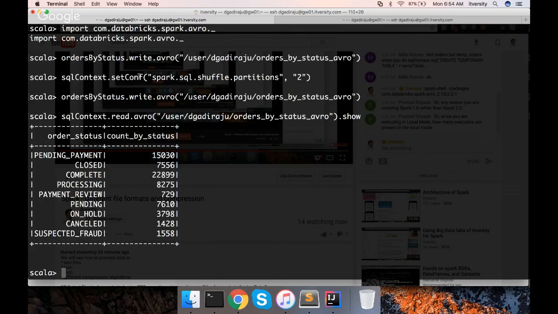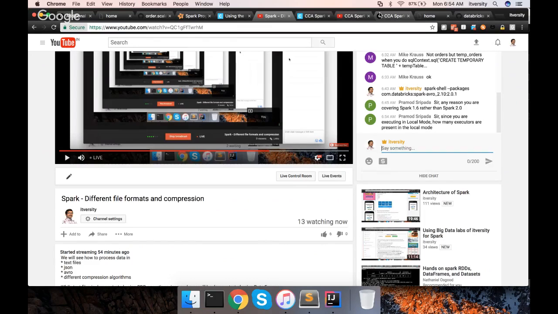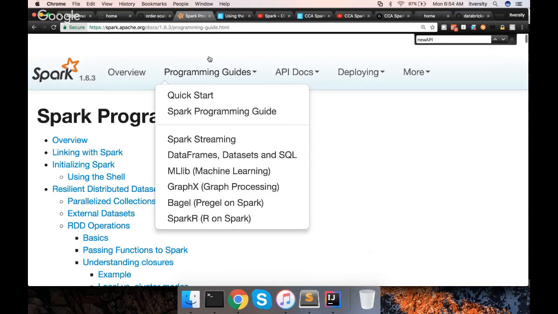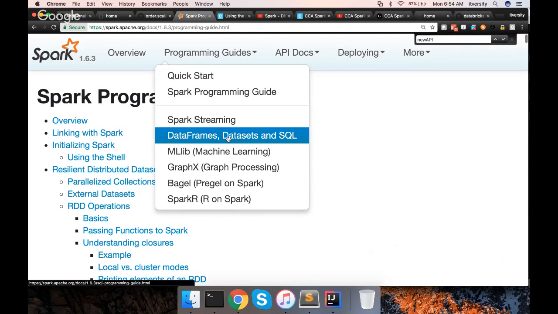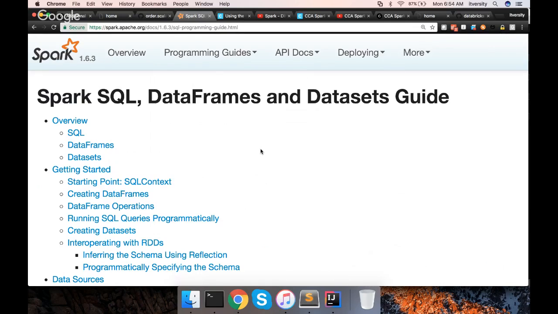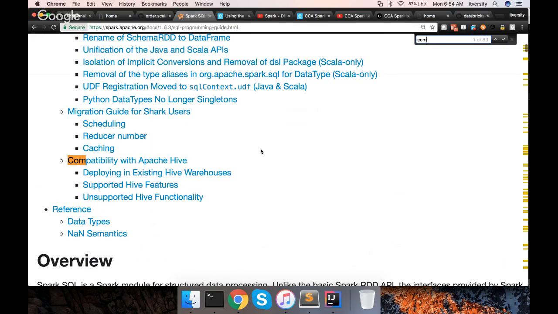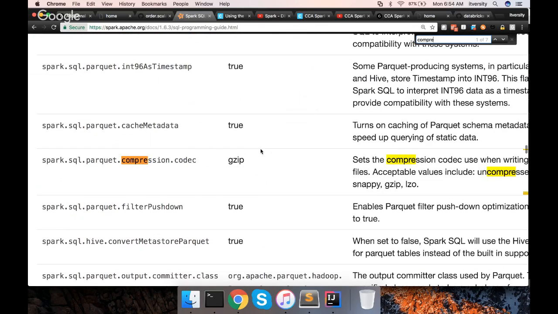So if you have to compress the Parquet file format, let's go to the Spark official guide, go to DataFrames, Datasets and SQL, and then search for compression. So this is the parameter spark.sql.parquet.compression.codec, and default is gzip.